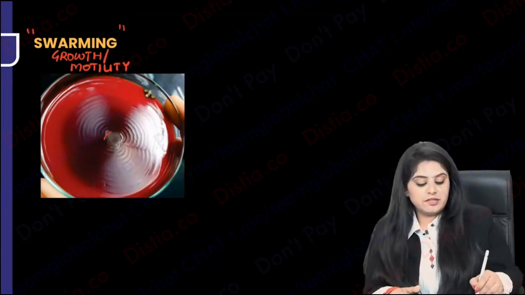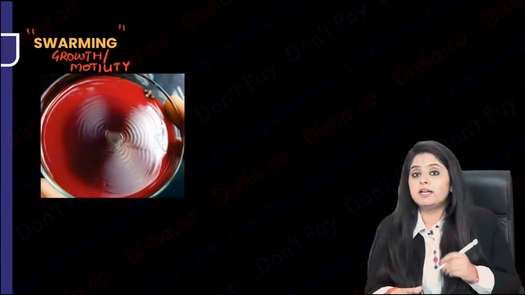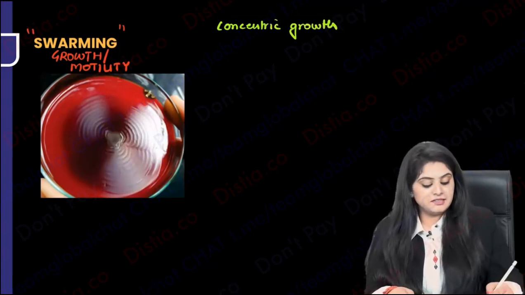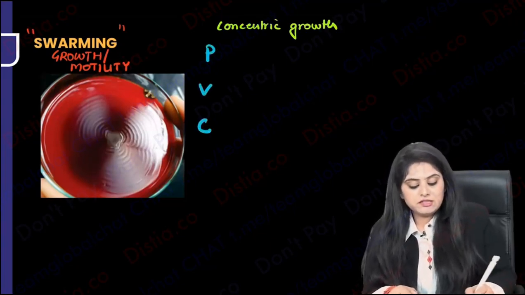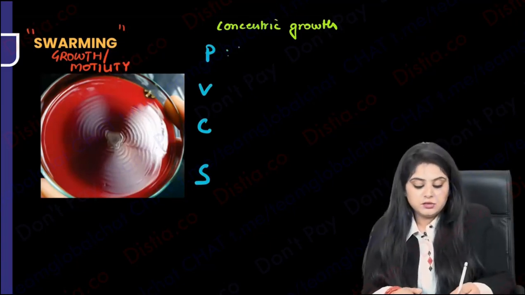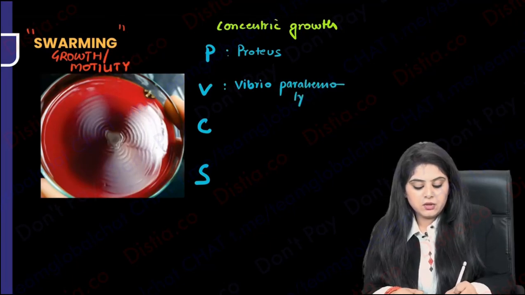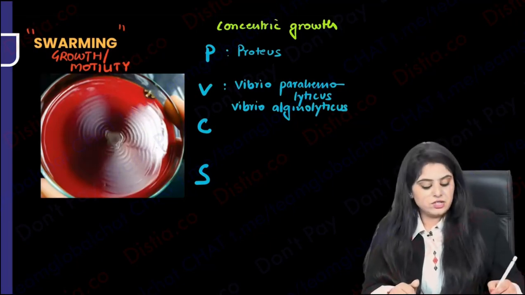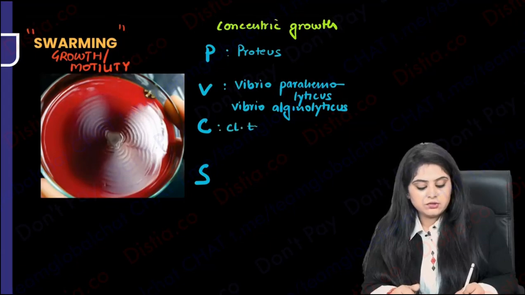Please note, this concentric round and round thing that you are seeing on a blood agar, that is swarming. So this level of concentric growth cycles is referred to as swarming. And let me tell you once again, guys, that this is not just seen with Proteus, it is seen with PVCs. What is PVCs? First, of course, you have Proteus, but in a while, you will be studying Vibrio parahaemolyticus. Also another Vibrio known as alginolyticus. That is exactly the next chapter that you have. So basically not Vibrio cholerae, but Vibrio parahaemolyticus and alginolyticus. Then I have already taught you Clostridium tetani.